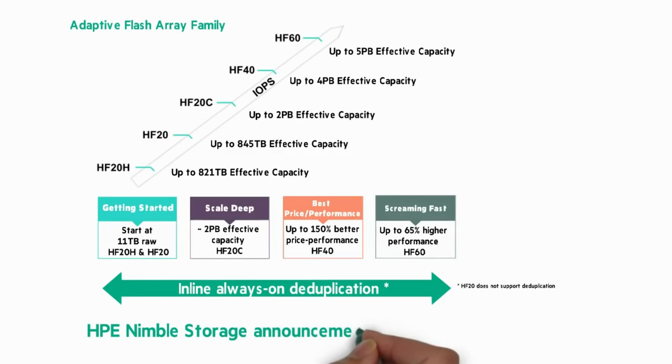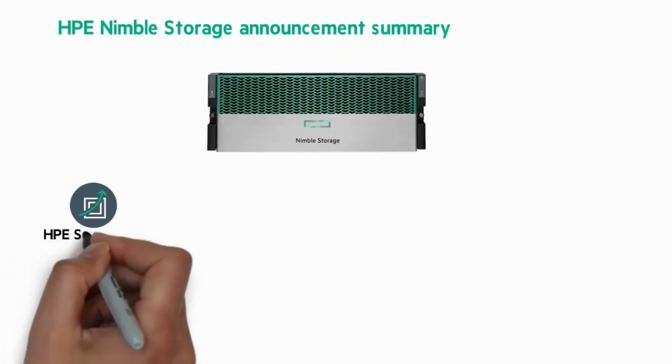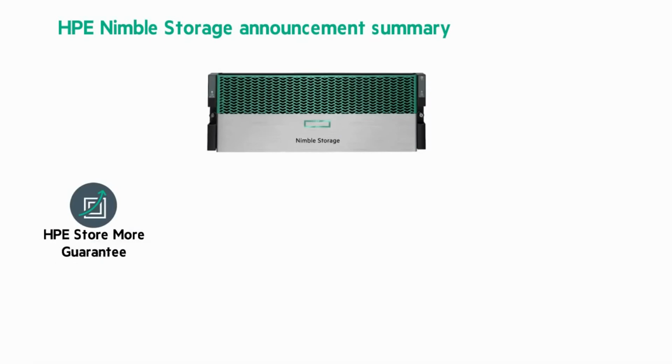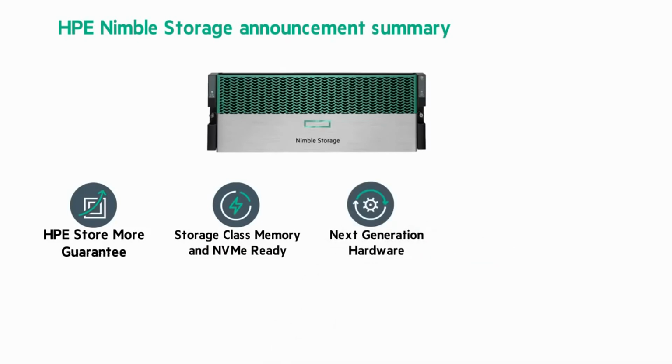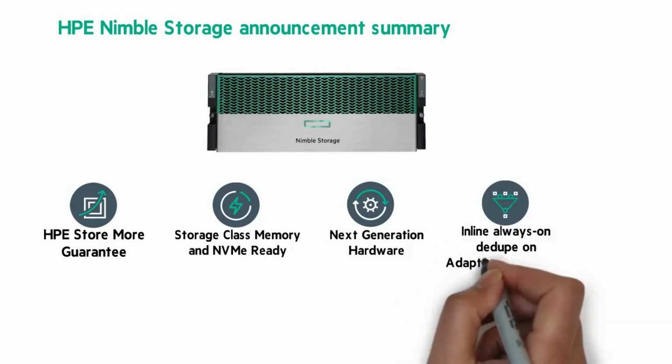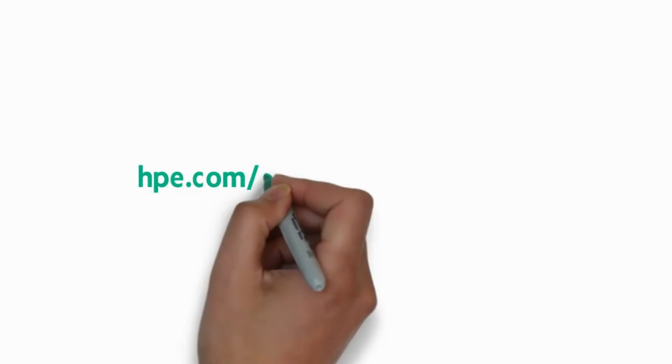So let me summarize the announcements for you. We're so confident about our capacity efficiency that we have the HPE Store More guarantee. Check out my Chalk Talk. HPE Nimble Storage is storage class memory and NVMe ready. There are new Nimble storage hardware for all flash and adaptive flash arrays, and we now have inline always-on deduplication for adaptive flash arrays. To learn more, go to